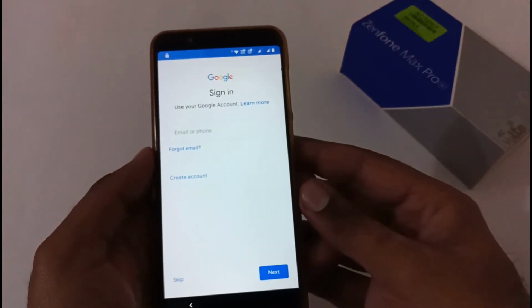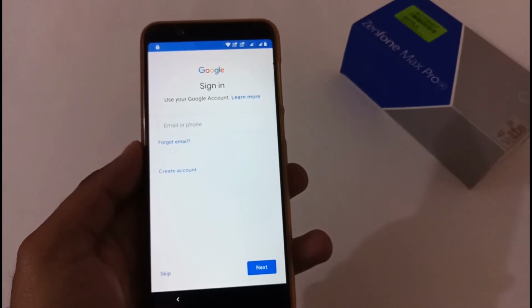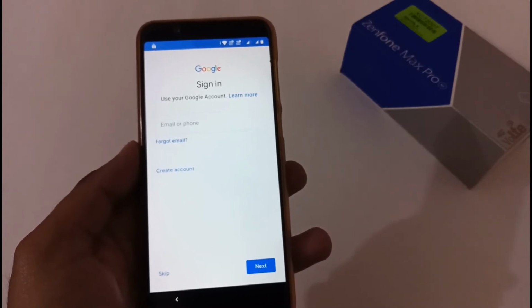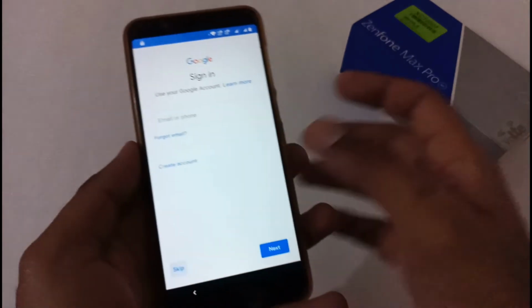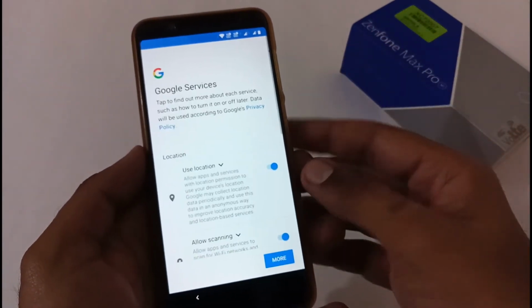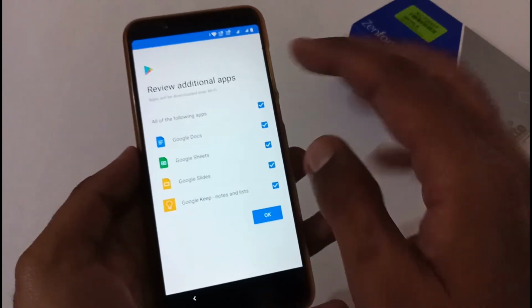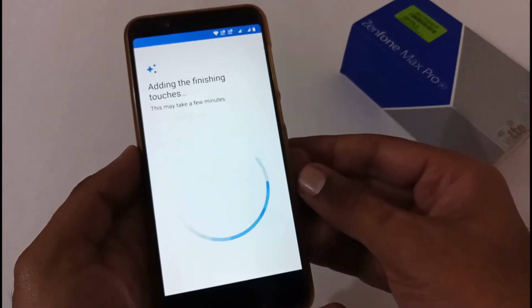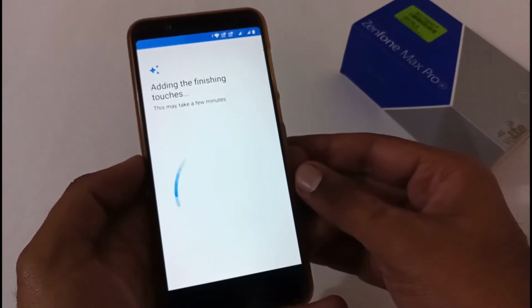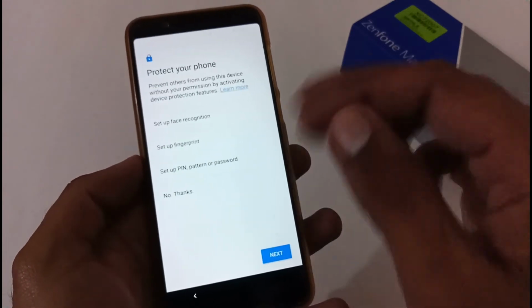After finding that the account was legit, it has moved to another part where it is asking if you want to add a user Google account or not. At this moment I'm just going to skip. If you want, you can add it, but we can do this later on as well. So let me complete these things as well. We are almost on the verge of completing the phone setup process, and once it is done, I'll verify that we are on version 0.59 and have successfully downgraded to that.